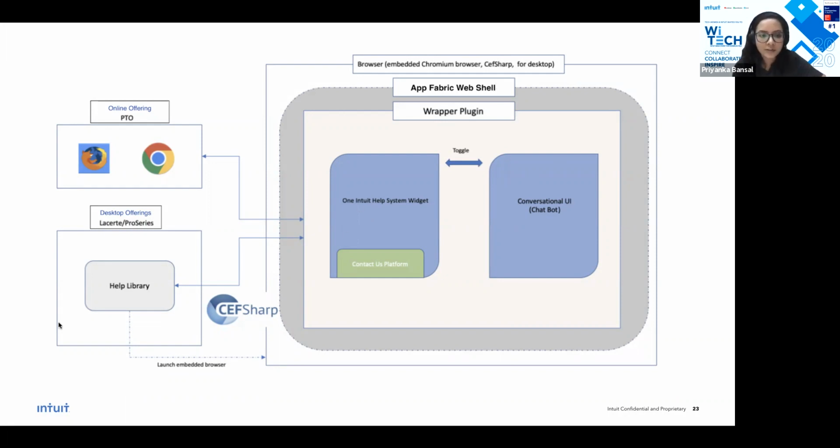Now, how we solved the desktop. Adding this web-based framework within desktop was not an easy job. There were challenges, and we designed a very sophisticated solution, where we created a generic help library that created an interface between the web and the desktop. This library again is very generic, and it is not limited to the help system. Using this library, we can integrate any web page, any widget created within Intuit, to show that widget